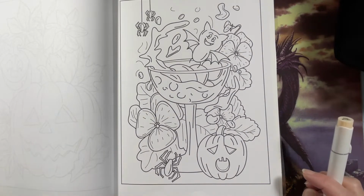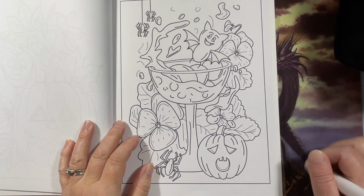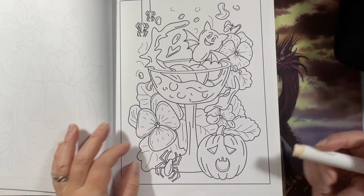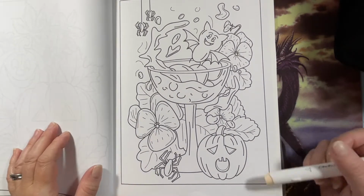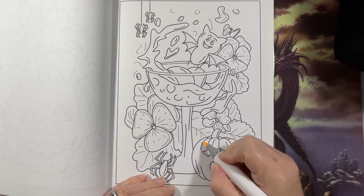So, question number 1. I did tell you that there's a list of 15 Halloween questions that you have to answer while you color this, right? I think I did. So I've got my list over here. Question 1, what is your very favorite candy? My favorite candy,